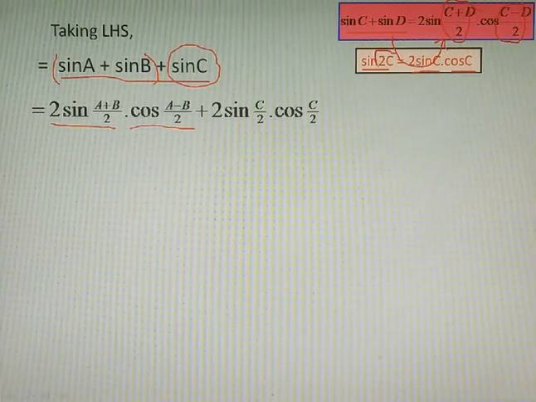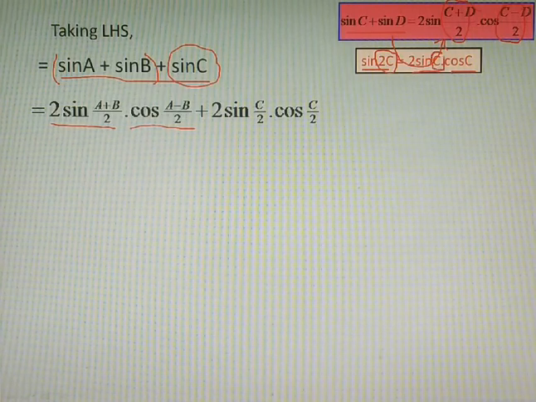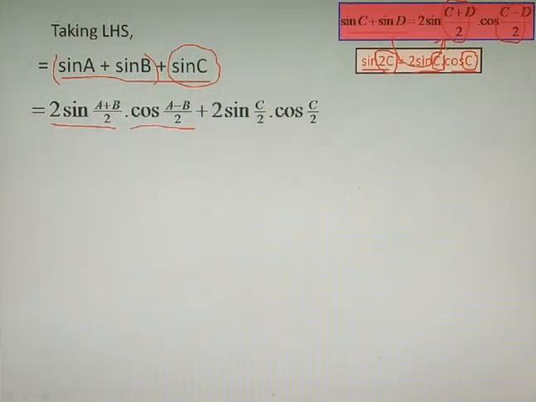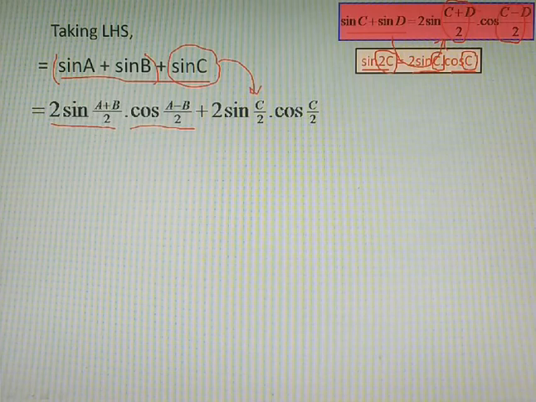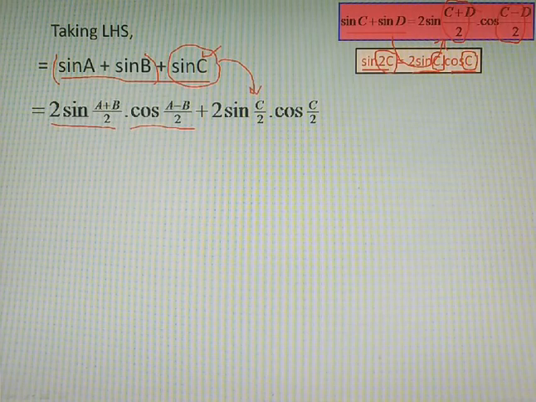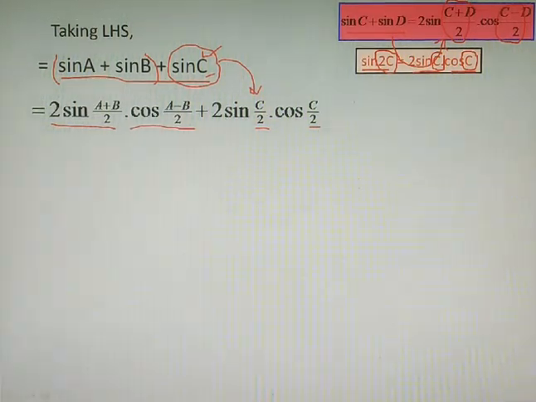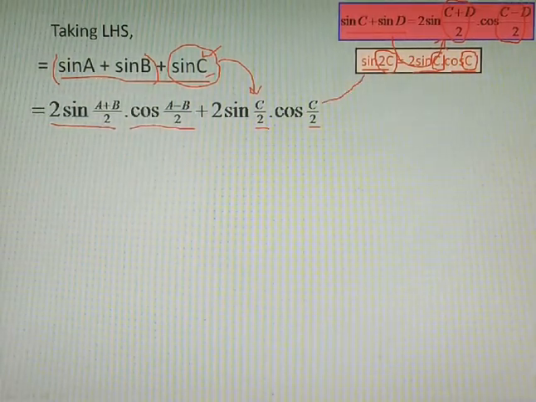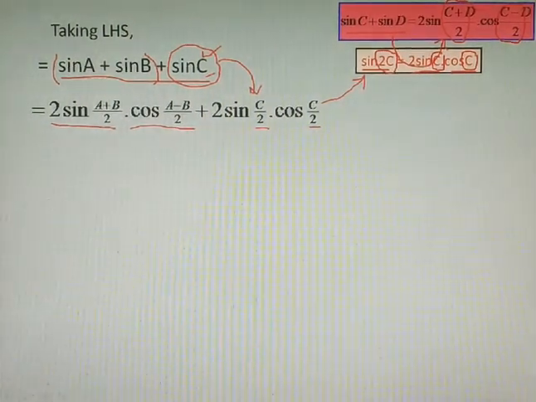That means whenever the angle is 2C on the left hand side, you have to write only C on the right hand side. That means it follows the sub multiple angle. That's why we have written 2 sine C by 2 into cos C by 2. You may notice that the angle is C here. That's why we have written C by 2 and C by 2 angle in the next step, comparing with this formula.